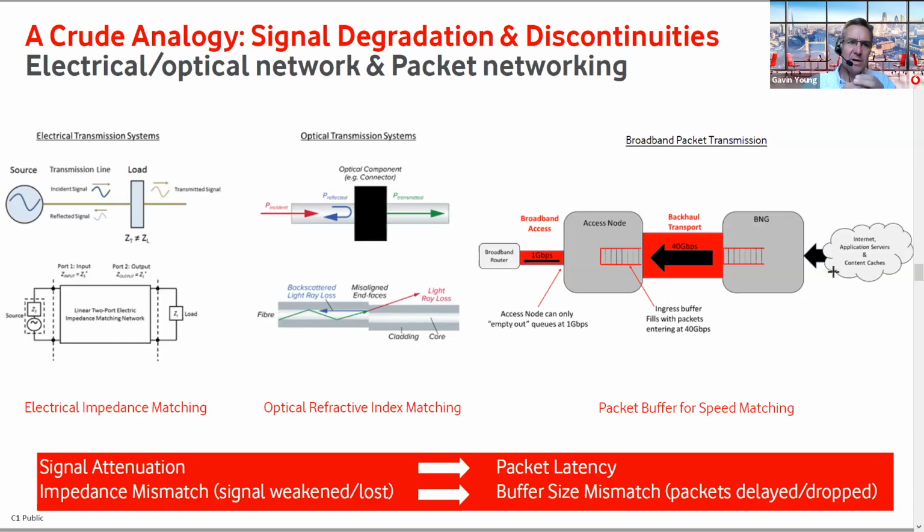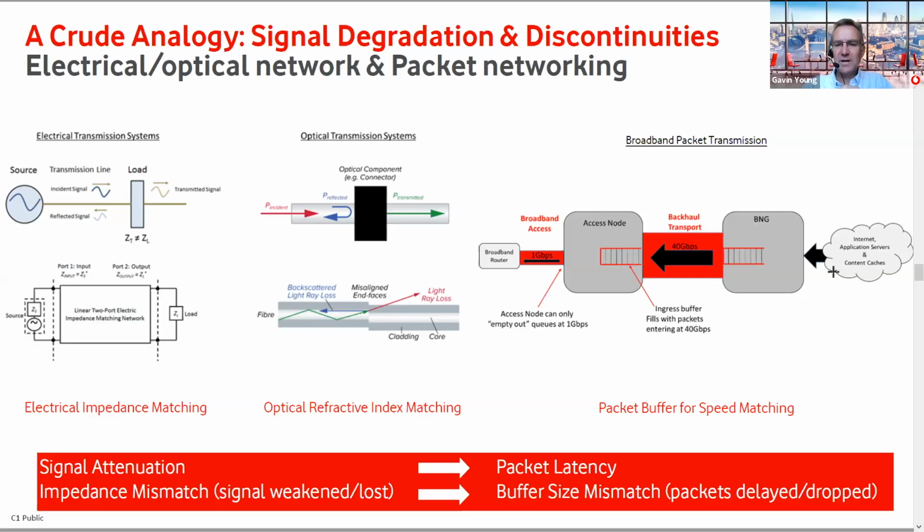So with electrical transmission, we have electrical discontinuities, impedance mismatches, but before we even get to that point, we have attenuation of the electrical signal over a connection of metallic bearer. Maybe it's a coaxial cable or a copper pair. Signals get weaker as the signal attenuates. Similarly, in optical networks, we start out with a transmit level from a laser, and that optical signal attenuates with distance.